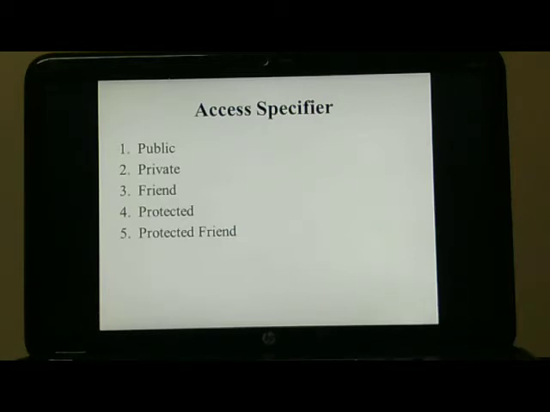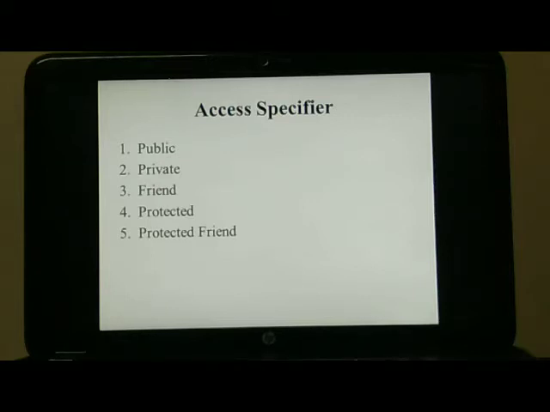Now let us see the first access specifier, that is public. Public gives access with no restriction on accessibility. The second is private.